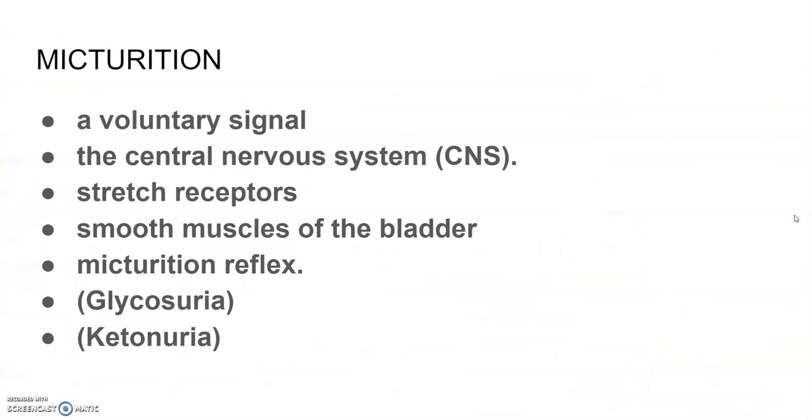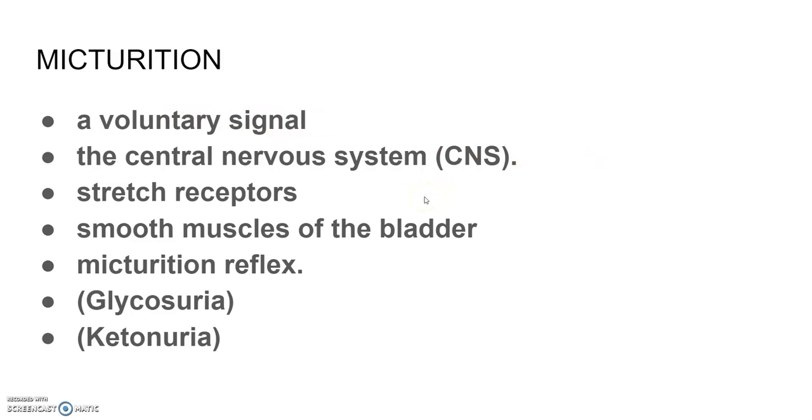Micturition. Now, urine formed by the nephrons is ultimately carried to the urinary bladder, where it is stored till a voluntary signal is given by the central nervous system. Now, this signal is initiated by the stretching of the urinary bladder as it gets filled with the urine, and the stretch receptors on the wall of the bladder send signals to the central nervous system,